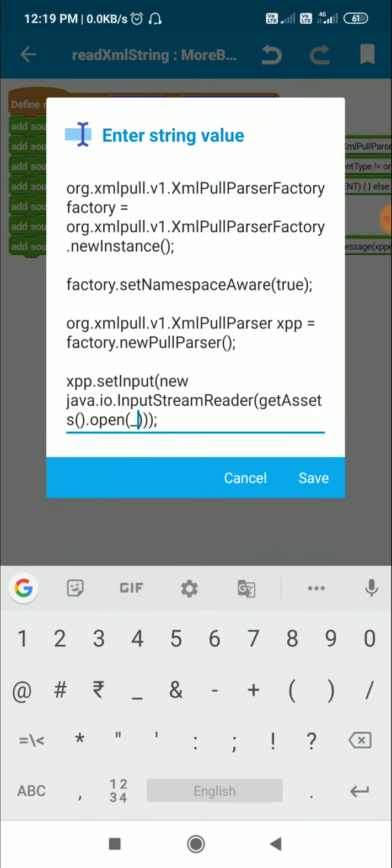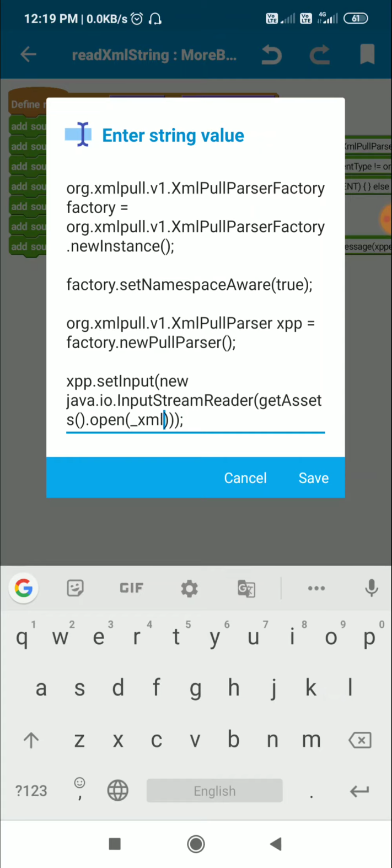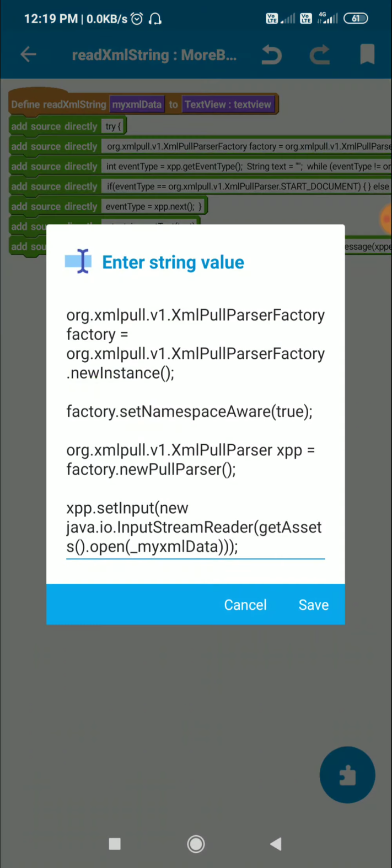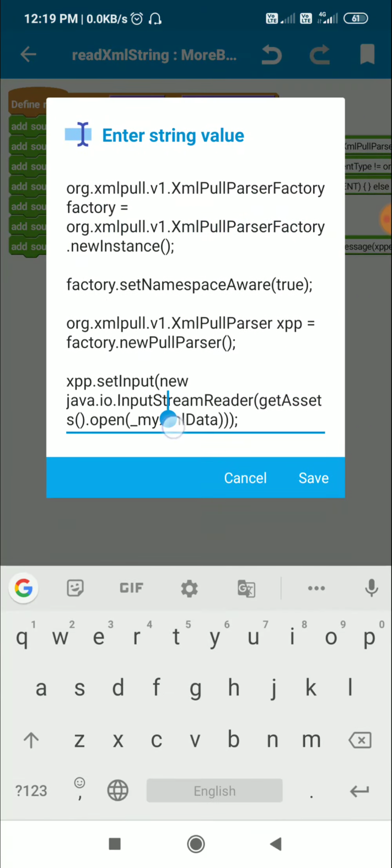So here I will write underscore XML, sorry, it is my XML data. So that is the only change we have to make. New input stream reader get assets dot open my XML data,